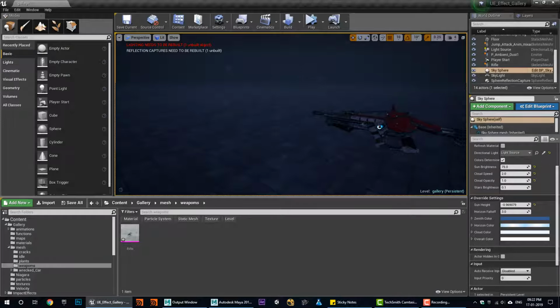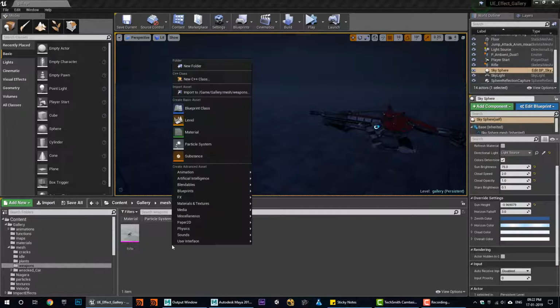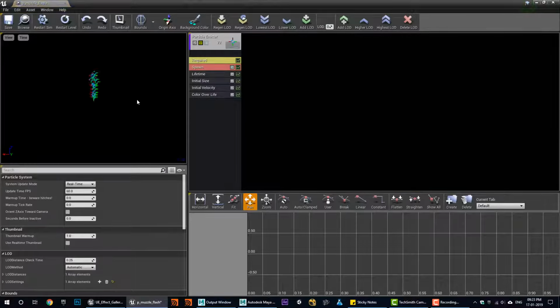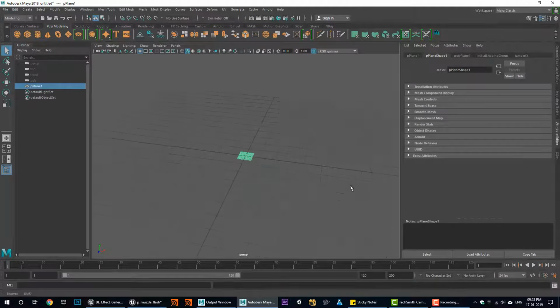Okay, so let's start. First I have a folder, weapons, and I have this model here. I will create a particle system here, Muzzle Flash. So I need some texture and materials for this Muzzle Flash, and first of all I need a mesh. So in Maya I will create a mesh. I will use a planar,